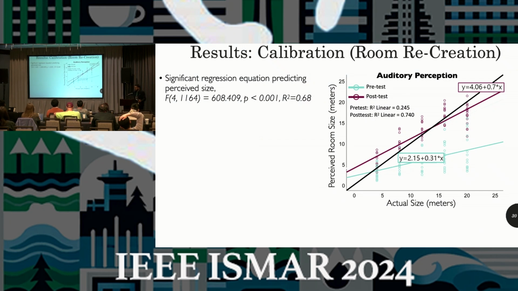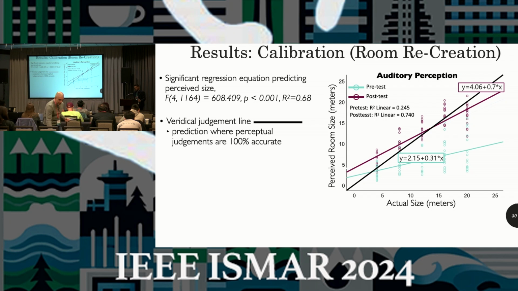Well, we found a significant regression equation predicting perceived size, and when we look at room recreation, or this method of gathering room size estimates with oral perception, we found what you see on the picture here. Now, how to interpret this is to first look at the vertical judgment line, which represents 100% perceptual accuracy. In other words, here's where the perceived room size equals exactly the actual room size, so 100% accuracy. So a line closer to the vertical means that you're more accurate, and a line more deviant means you're less